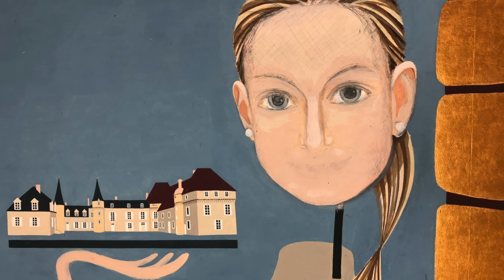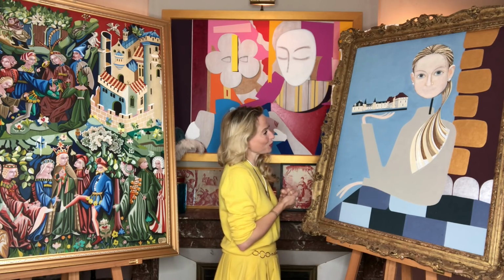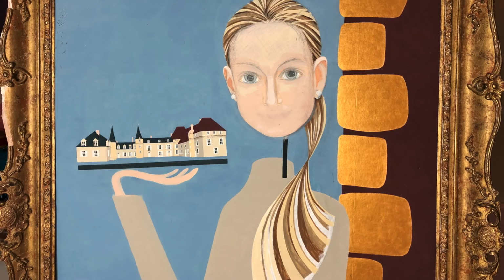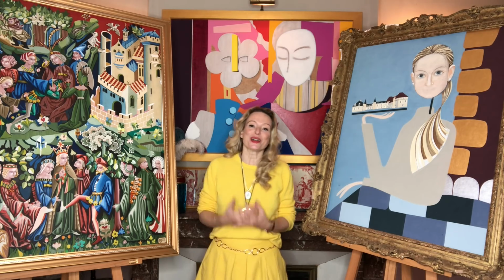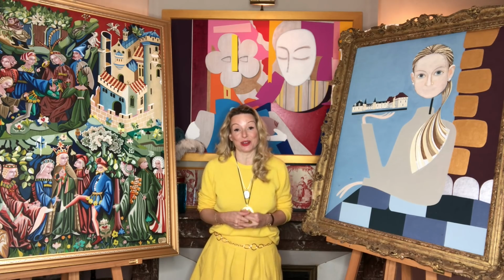He painted me holding Lalande, showing that I was caring for the chateau and that it was under my guardianship. And I think that this painting does portray the love that I have for this chateau. But I think more importantly to me, it shows the love of a father for his daughter. Although it's wonderful that my father moved to Lalande with me and loved this place as much as I did,